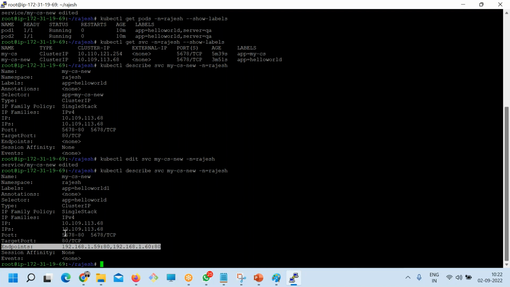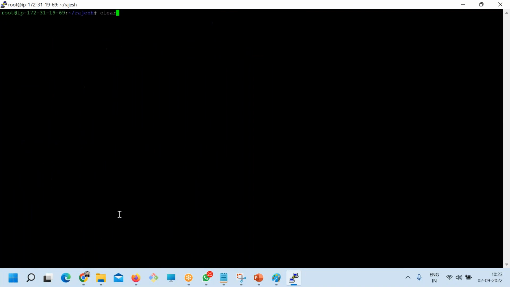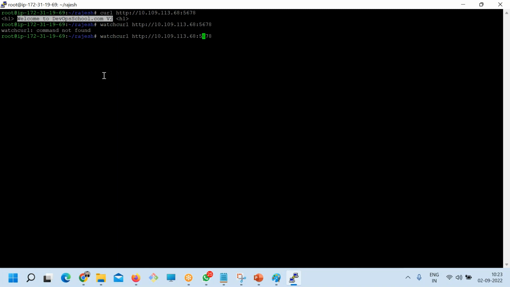Can we test this? So the service IP address, this one, curl http and the port number. What is the service port number? I forgot actually. 5678. Now see here, v2, but I can't visualize the load balancing, so let me run it continuously.